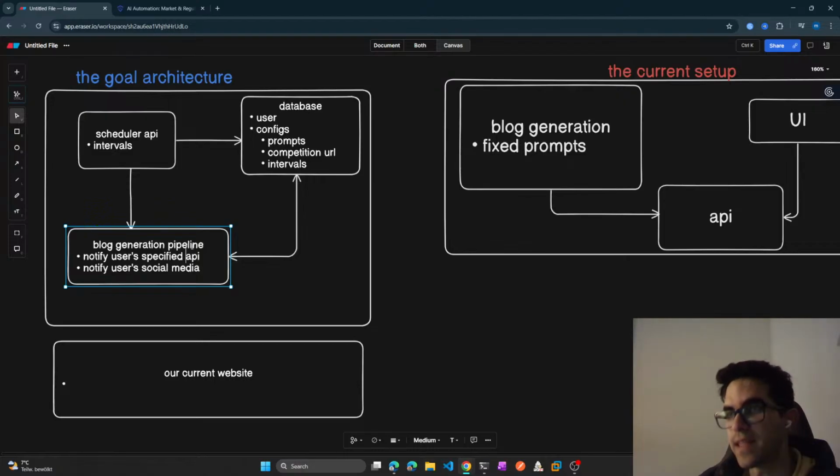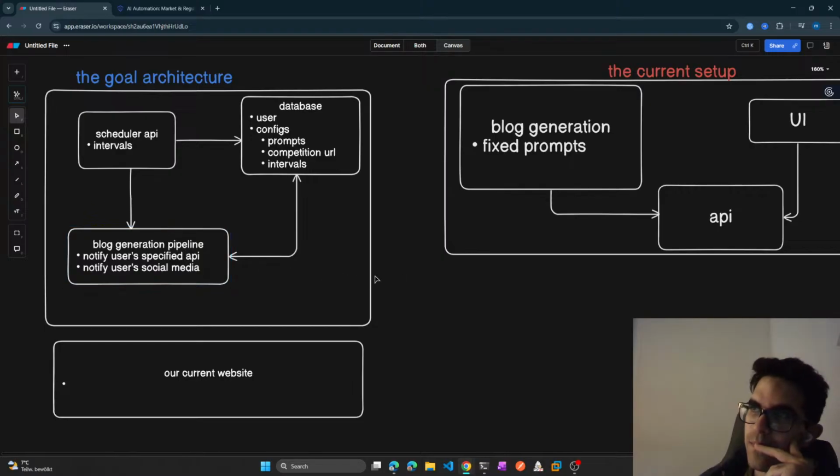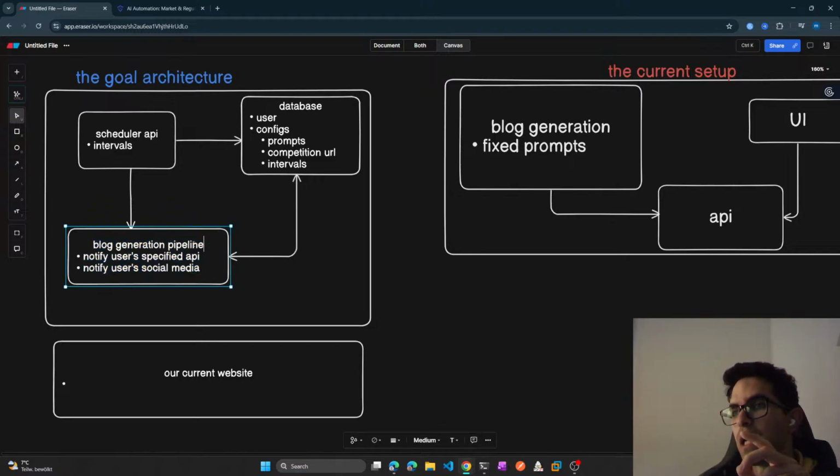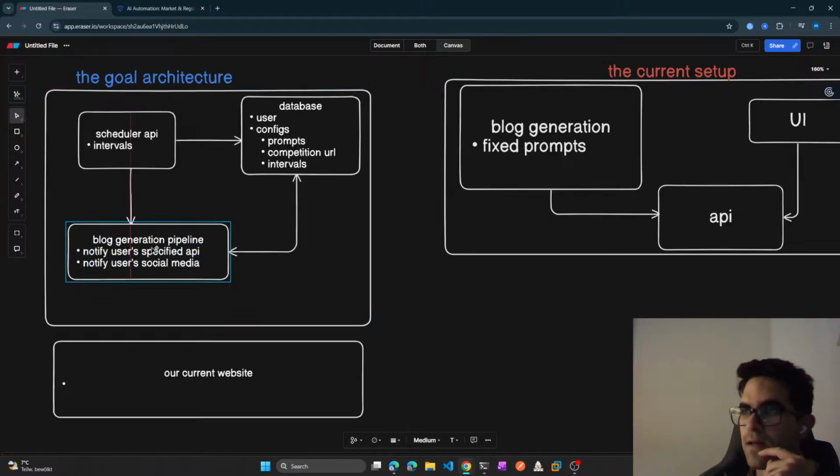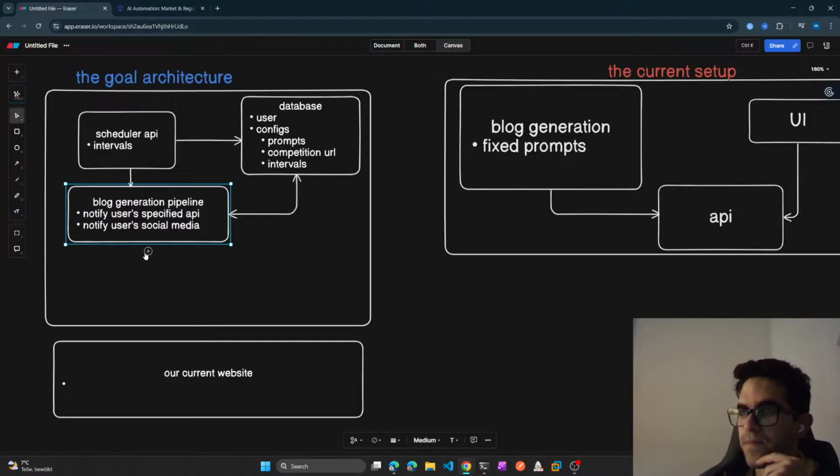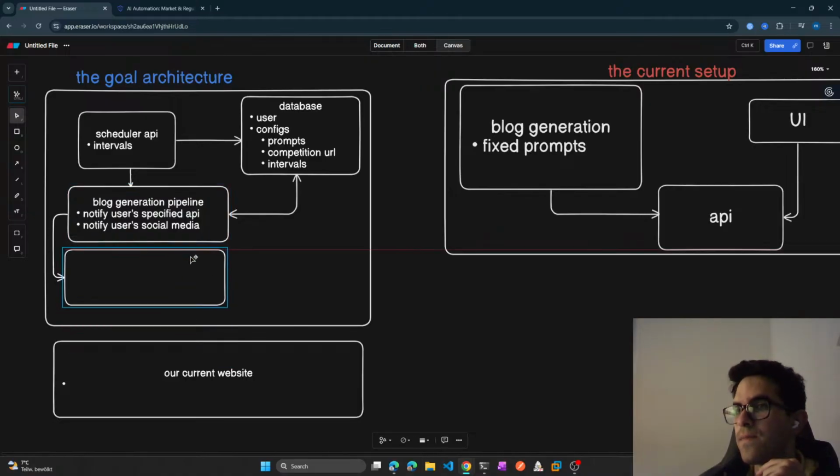And then I think this would work. And then based on some commands, we can generate the blog, and then blog generation. We could also make this a separate thing. Bring it here. We add another one,